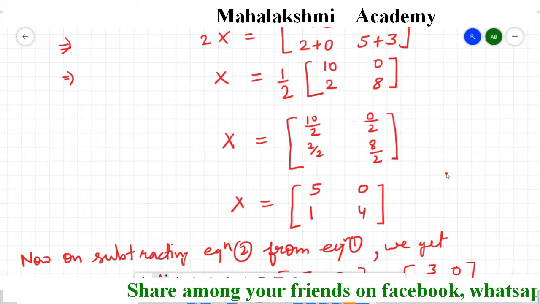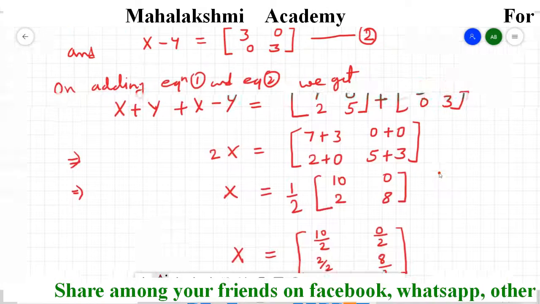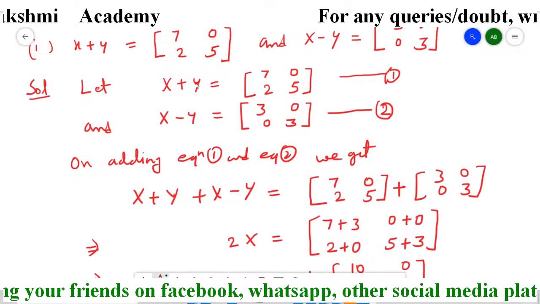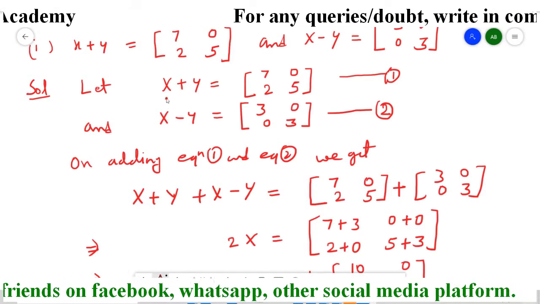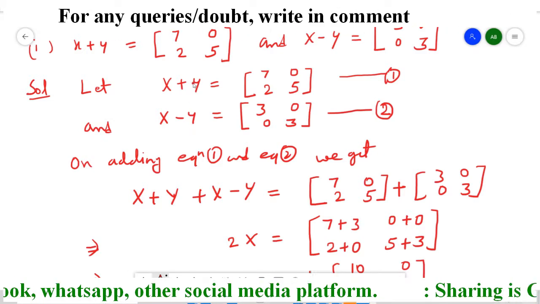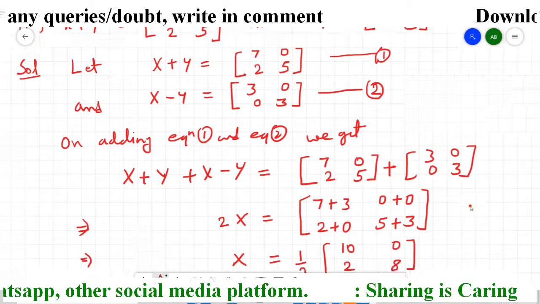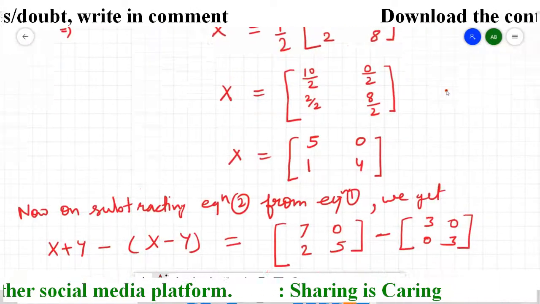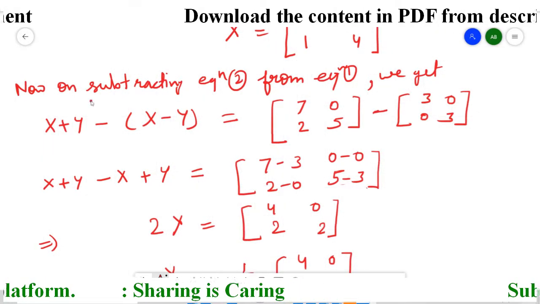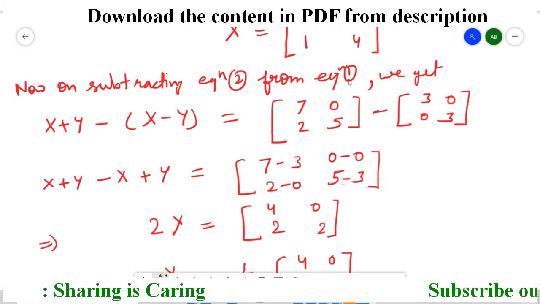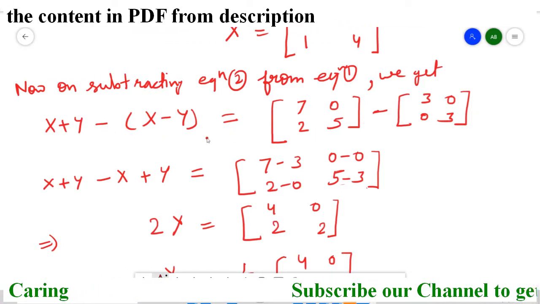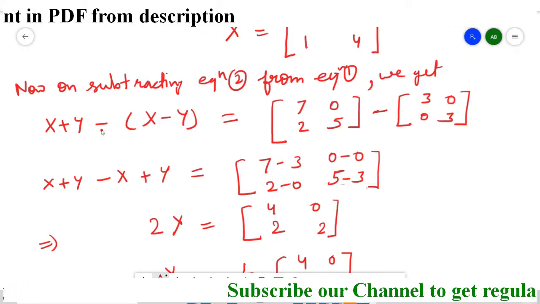So when I added equations 1 and 2, I obtained the value of x. Now we have to get the value of y also. For that I am just subtracting them. See the next step which I had done: subtraction, because the coefficients were the same. So on subtracting equation second from equation 1, I put here a minus sign and I applied the bracket also because of this minus sign.